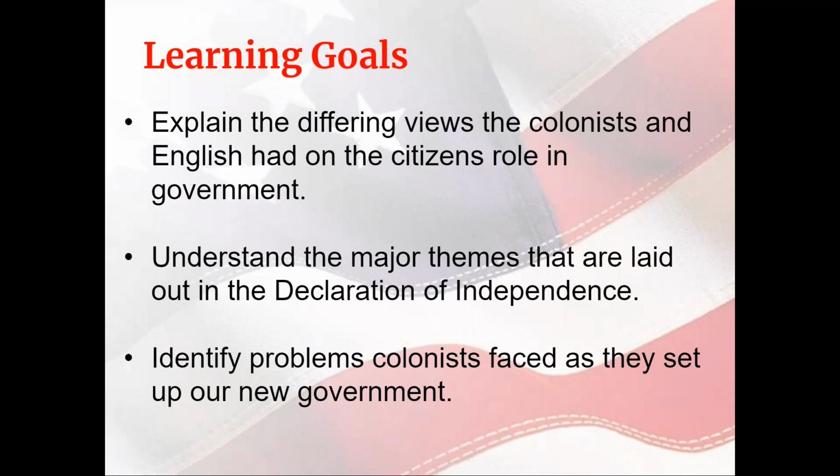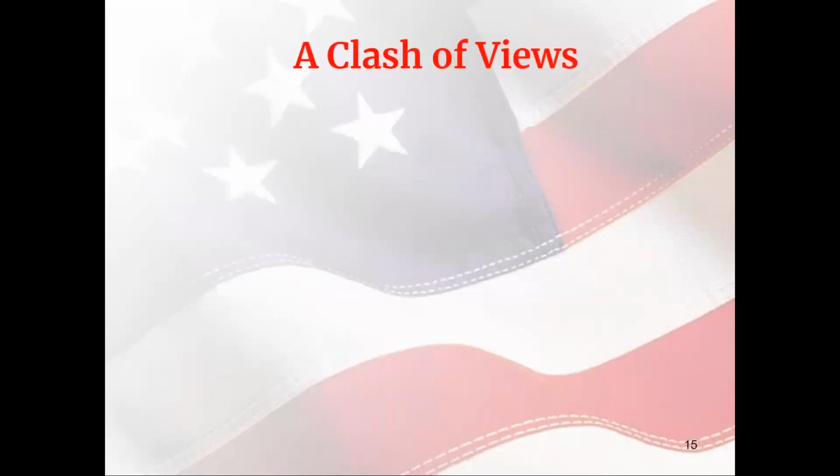Okay, learning goals. We're going to be specifically looking at: explain the differing views the colonists and English had on the citizens' roles in government. Second, understand the major themes that are laid out in the Declaration of Independence. And finally, identify problems colonists faced as they set up their new government. So today, we're going to specifically be looking at this first bullet point, explaining the different views the colonists and English had on the citizens' role in government. So moving forward,